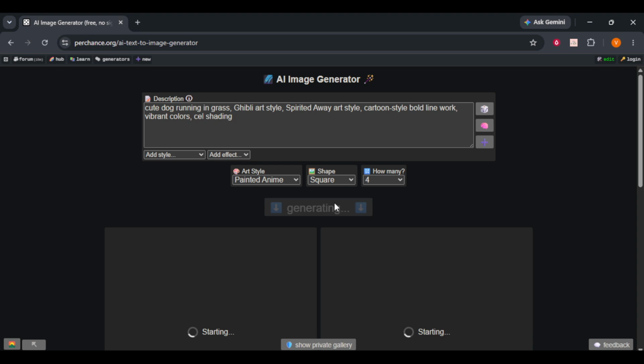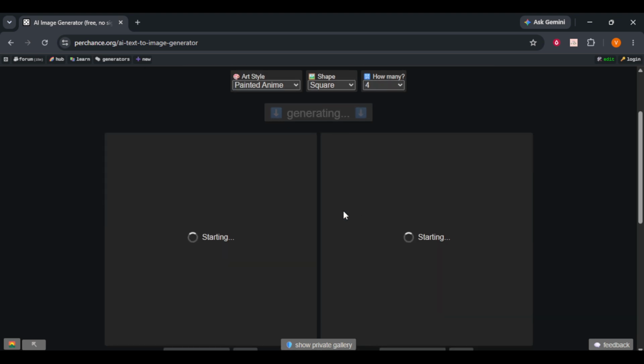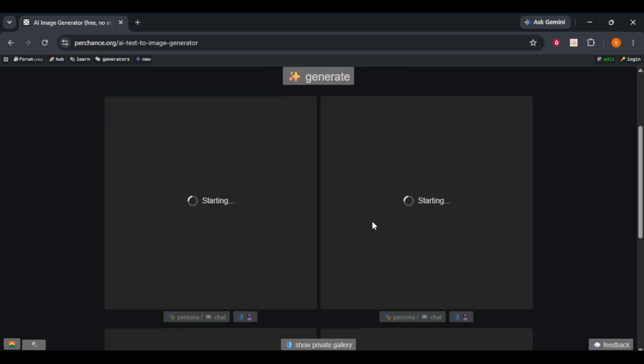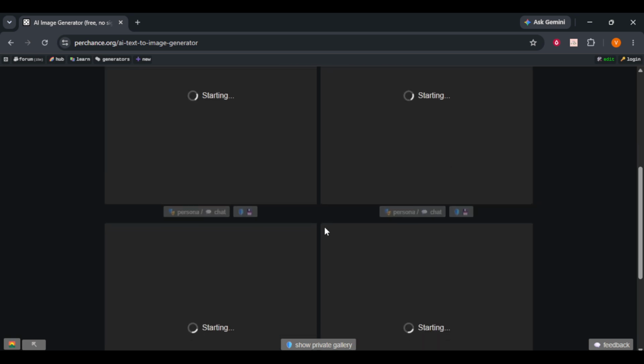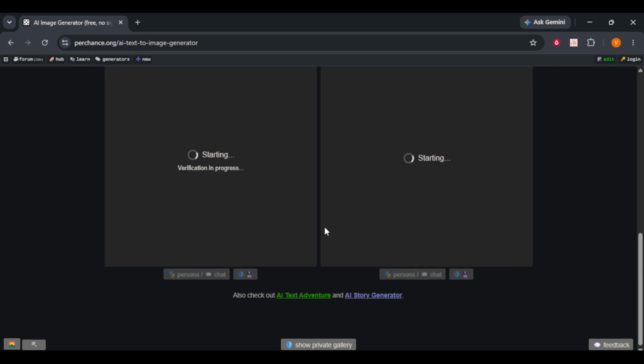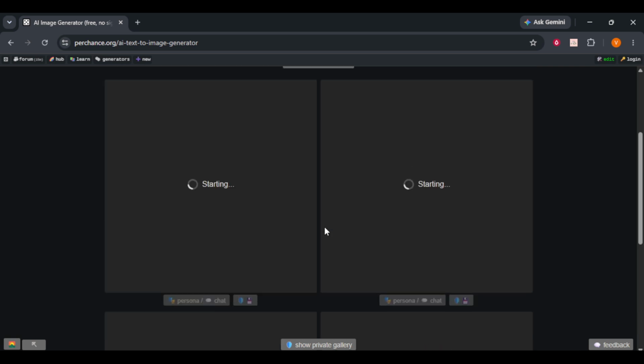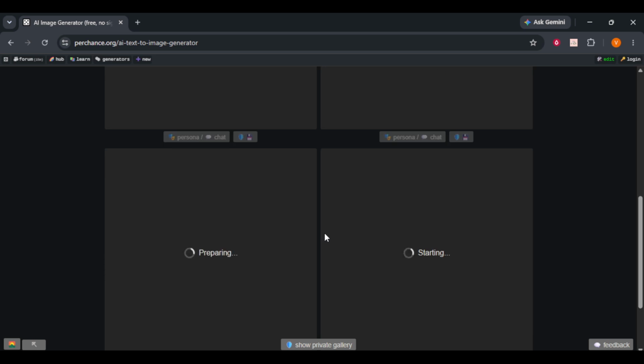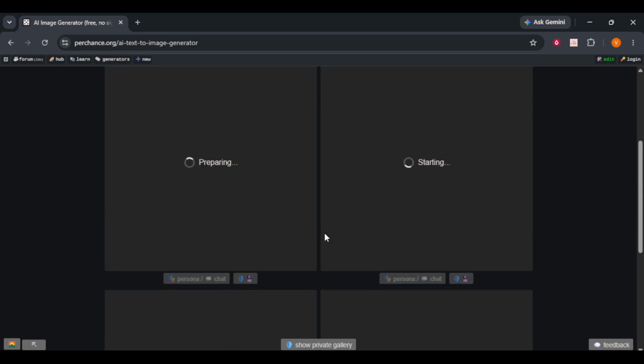One of the best features of Perchance is the ability to use negative prompts. This box allows you to list things you want the AI to avoid, such as blurry textures or distorted features. You can also adjust the aspect ratio to fit your needs, whether you are making a vertical post for social media or a wide landscape for a desktop wallpaper. Once you hit the Generate button, the AI works its magic in seconds,